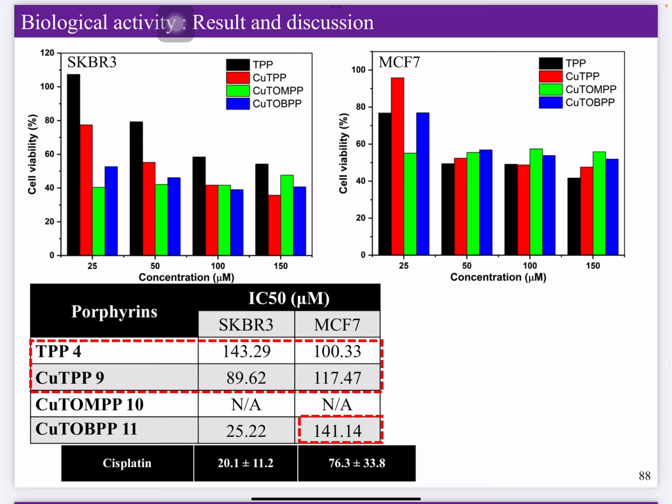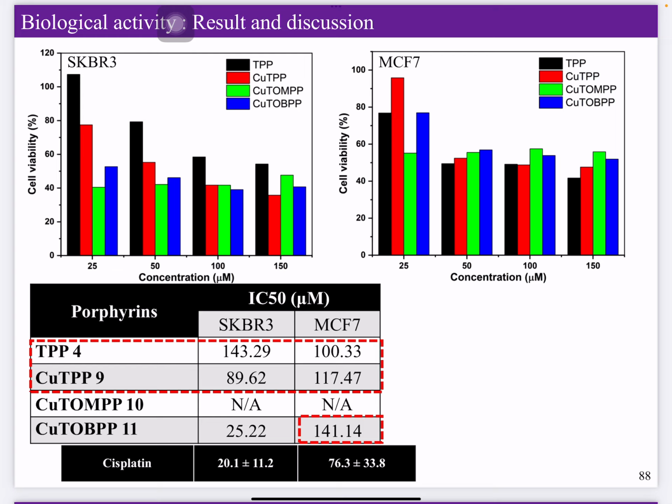The IC50 for the TPP and copper TPP is quite high for the SKBR3 and also MCF7, greater than 80 micromolar, and for the copper TOBPP they show 141. We can see that the number is greater than the cisplatin. Replacing cisplatin is quite difficult in these two cases. The copper is not active for anti-cancer in this application. But one thing that we found out is that comparing between the TPP and copper TPP,